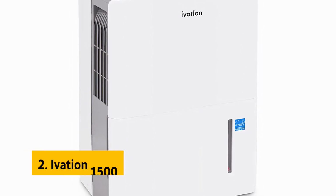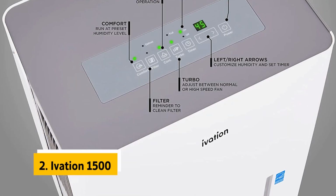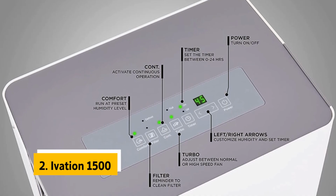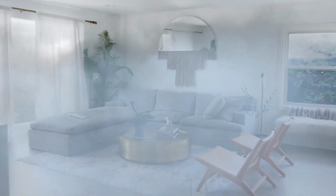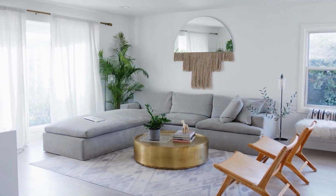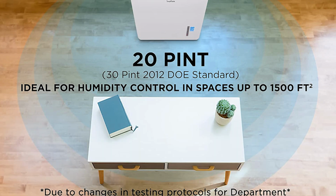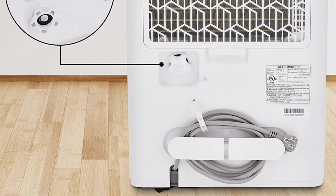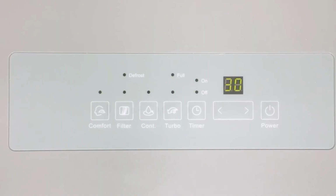At number 2 on our list is the Ivation 1500. If you're looking for a budget dehumidifier that works effectively for a big room or several smaller spaces, the Ivation 1500 Vat dehumidifier is a solid choice. It features a high-capacity water bucket, along with automatic shutoff when full and automatic restart after a power surge. The bucket is large enough to hold several days' worth of moisture, and because it has a handle, it's easy